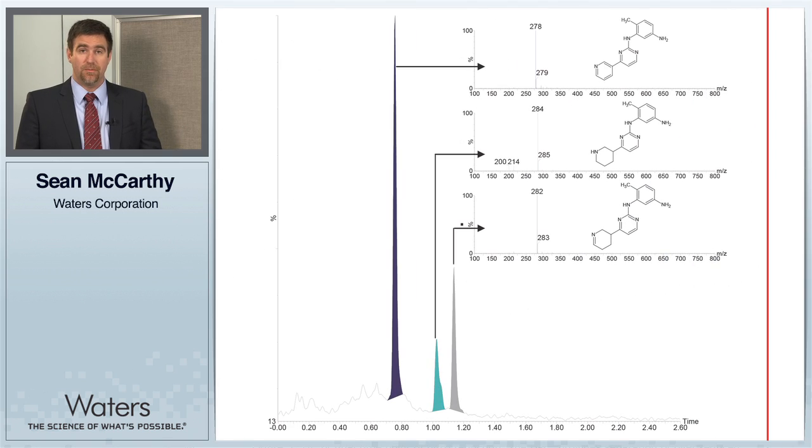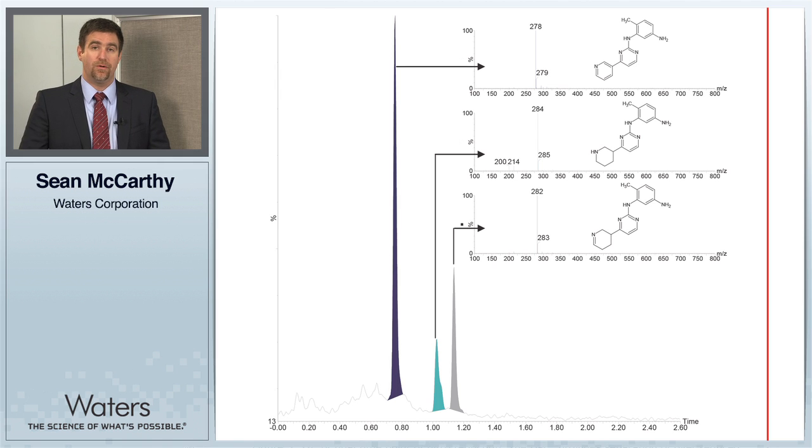What was interesting about this reaction is that as we let the reaction progress, we found not only evidence for the final product, but we also found evidence for two over-reduced species, which had a higher molecular weight than what we were expecting. With this information, we were able to determine that the reaction either needed to be stopped earlier or that we would need to do purification following the